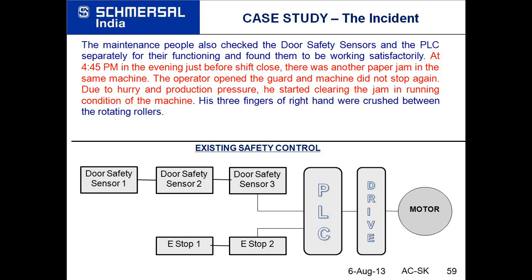The control we can have is to make the system more fail-safe. Okay. So anyway, this was the existing safety control system, which I have shown on the lower portion of the slide. You can see there were 2-3 guards on the machine, and at least 2 emergency stops. Both were connected to the PLC, and the PLC was connected to the drive, and the drive was connected to the motor. Very simple logic. Everyone knows this is how it has to be connected. Okay. Now see what was the problem.